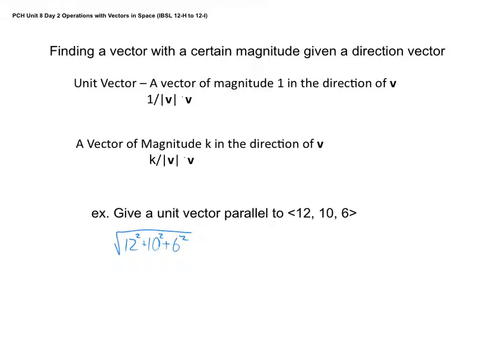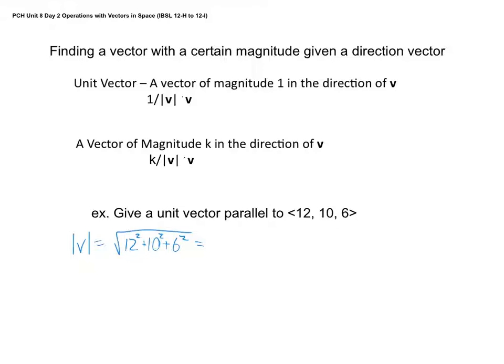Wouldn't it be better to find out the angle if you want parallel? Well, here's the one thing. In 3D, there are multiple angles at play. Is it the angle off of the x-axis, or off of the y-axis, or off of the z-axis? There's actually 3 different angles that we could use here. So this is where this is particularly helpful. You're right, in 2 dimensions you could have just found the angle and worked with it that way. This one you can't. So the magnitude of our vector